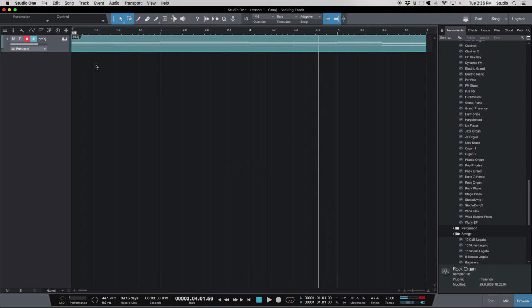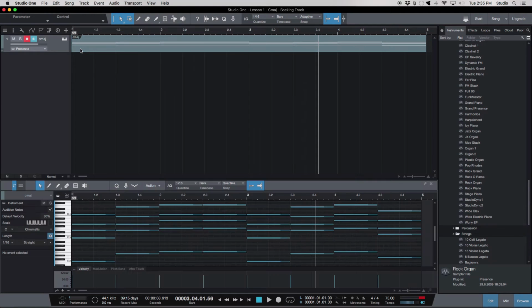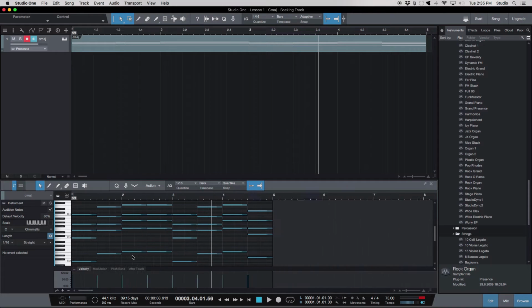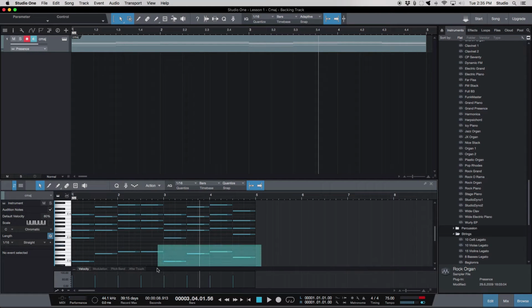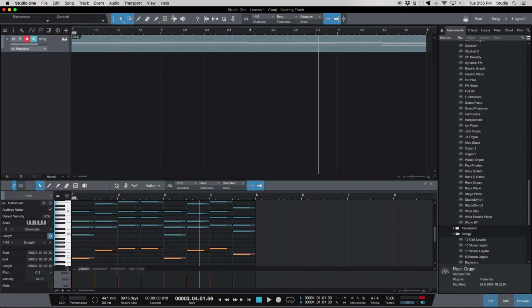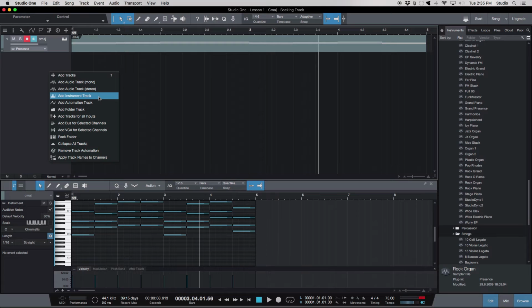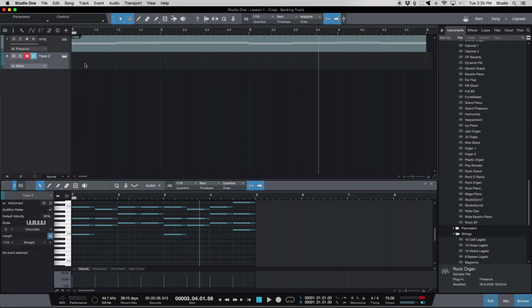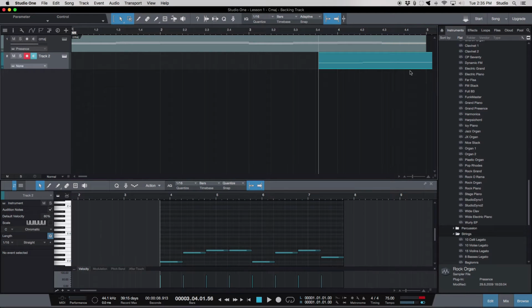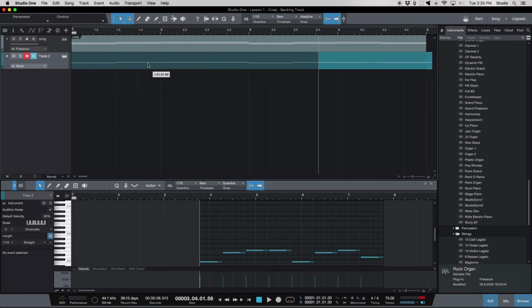So that's pretty good. Now, this is another thing that I do immediately after I import from Suggester. I just open up the editor and I take all the bass notes and I cut them from here. And then I create a new instrument track and then paste that over here. And then as I line it up,